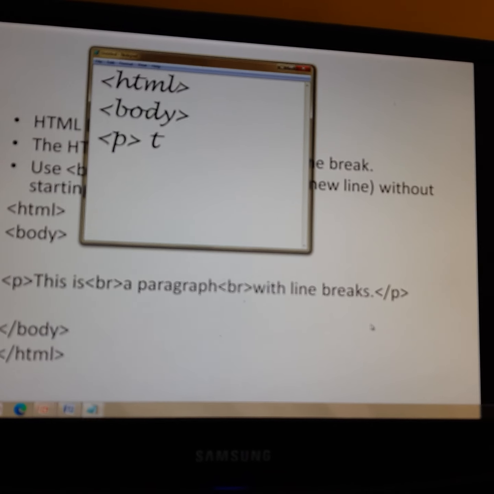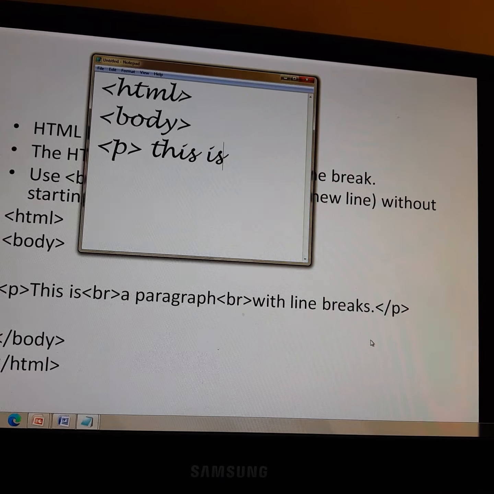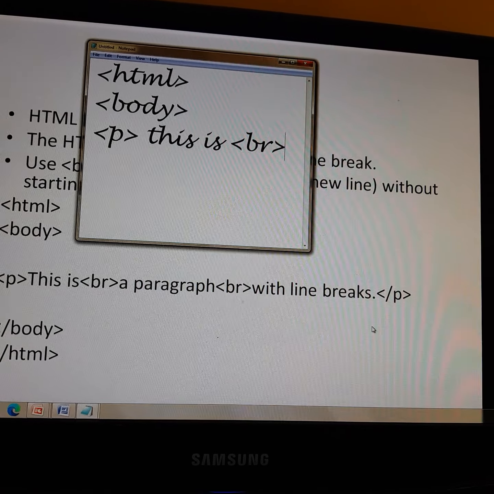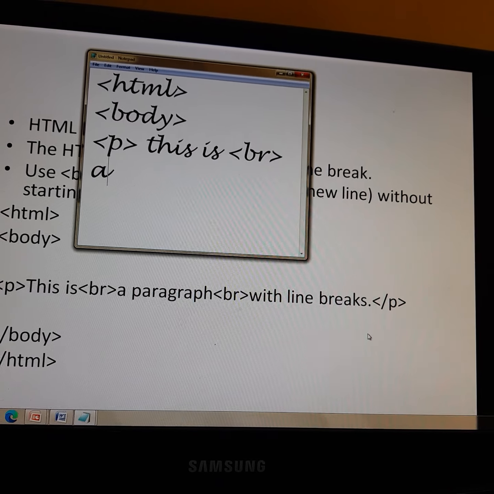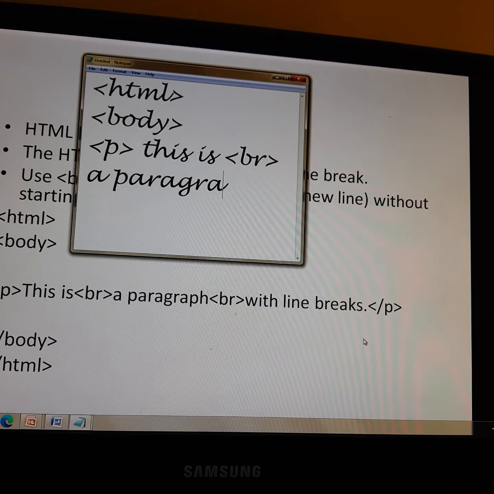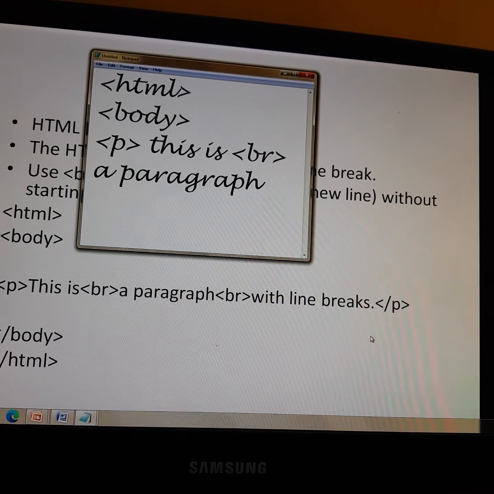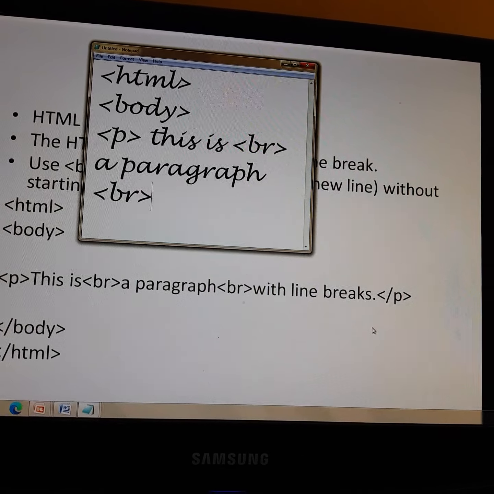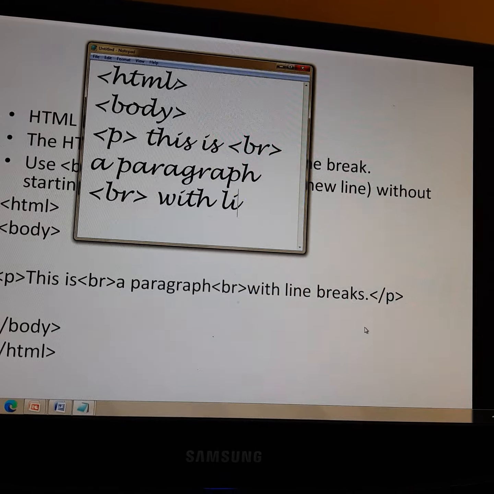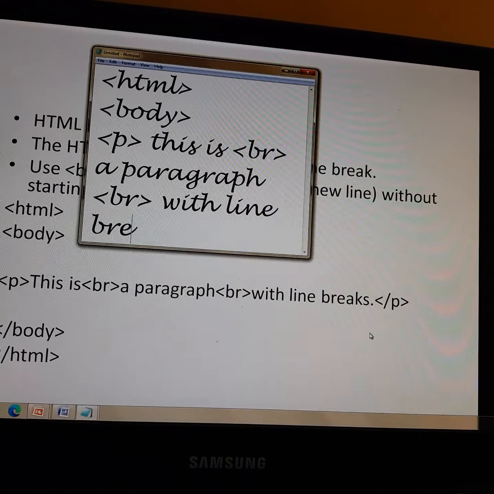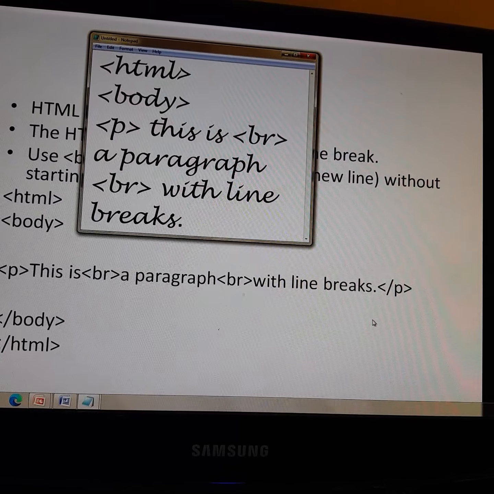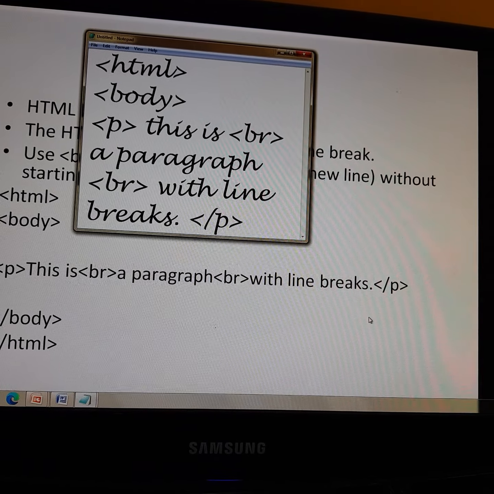There I am telling, this is BR, a paragraph, again a BR tag, with line breaks, then closing the paragraph tag.